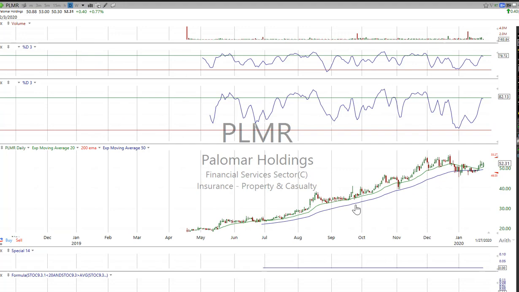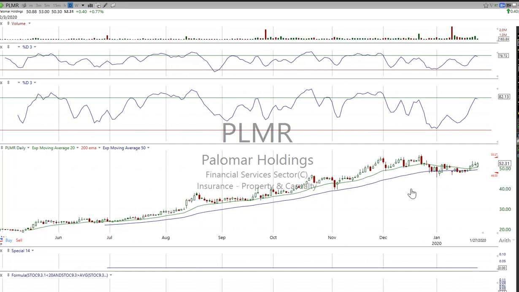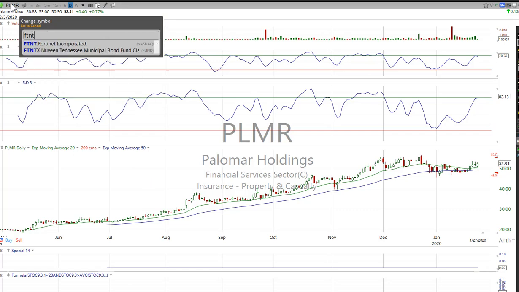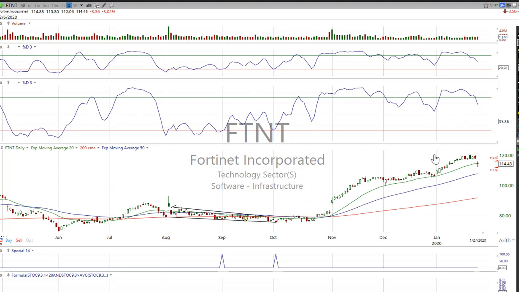Palomar Holdings Insurance. Pretty nice chart here, but it's kind of extended on my side. I just wanted to look through these, FTNT, to give you an idea what type of stocks they do show you. A lot of these stocks could be put on your list, and what I like to do is wait for a 1, 2, 3 pattern, get 3 pivots and start charting it out, and then identify the stochastics with the trend lines, the stochastics with some of the moving averages, reversal candles.